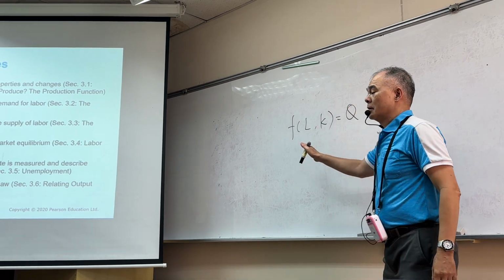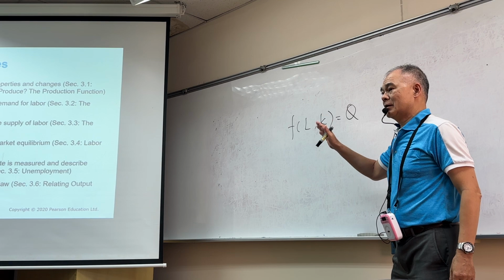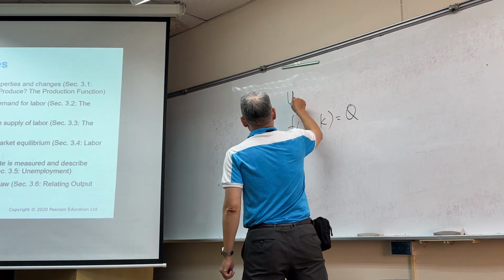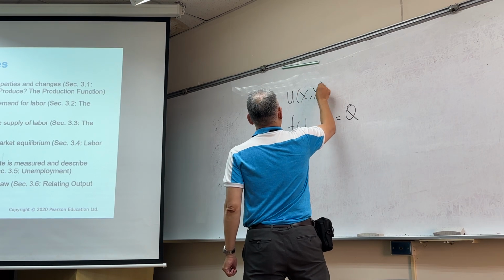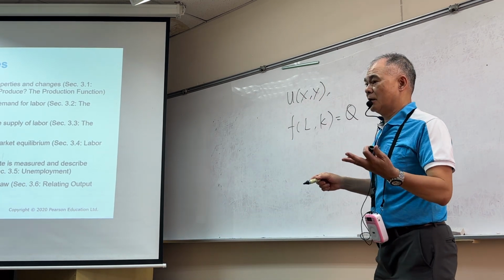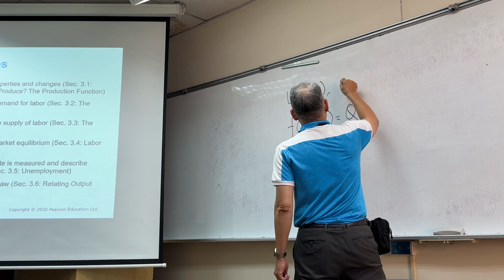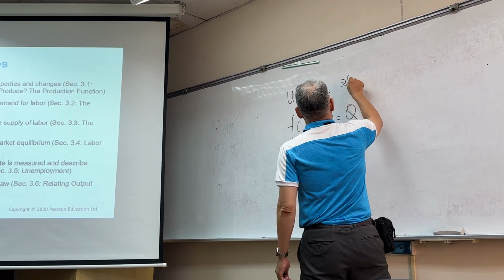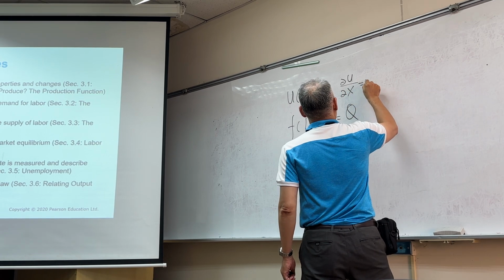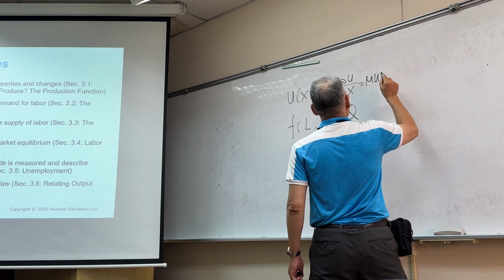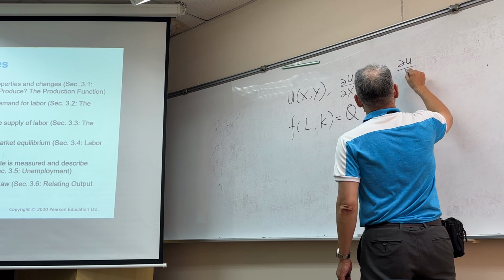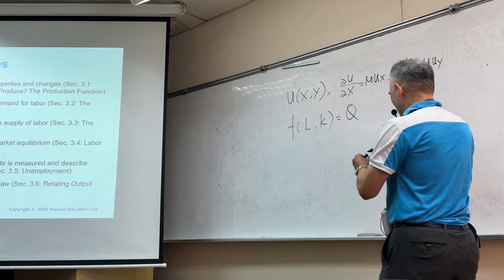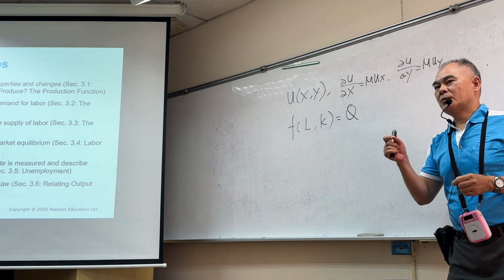So far so good. But in economics, we also talk about, suppose we have utility, right? So the consumer consumes X and Y, and then we talk about the marginal utility of X. What is the marginal utility of X? It is partial U, partial X, and then you get MUX. And you have partial U, partial Y, and then you get MUY. Why is it important? Because we are talking about